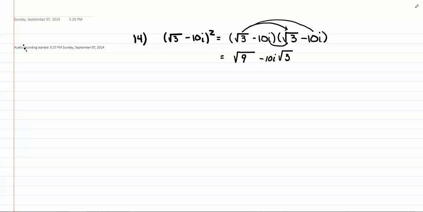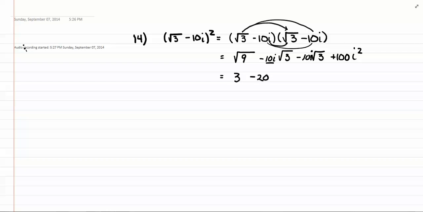In the same way here. And then a negative 10 times a negative 10 is a positive 100. I times I is i squared. Simplify. The square root of 9 is 3. The middle terms, I lost my i right here, but you can add the negative 10i and the negative 10i